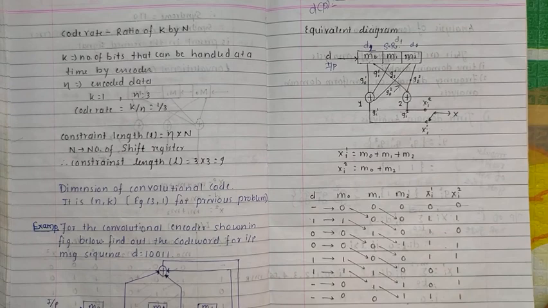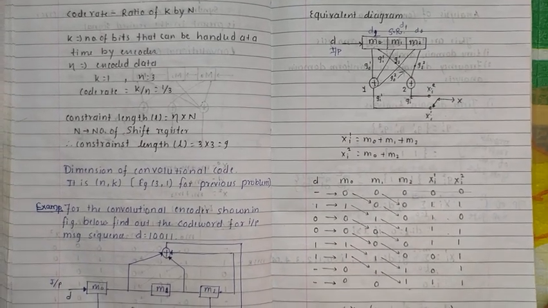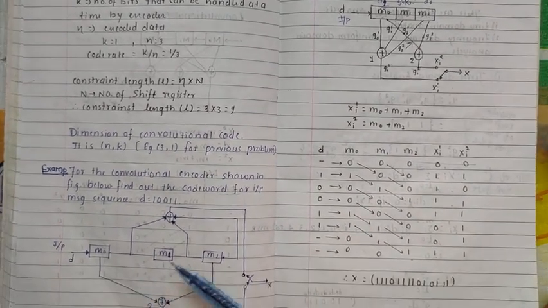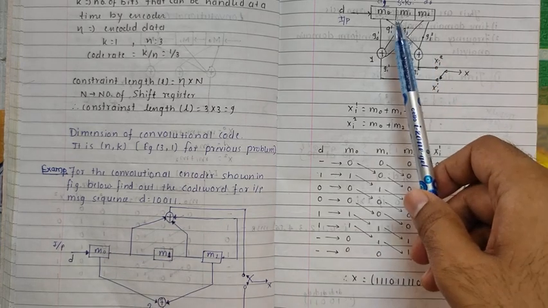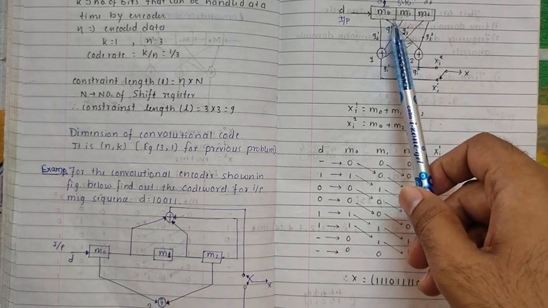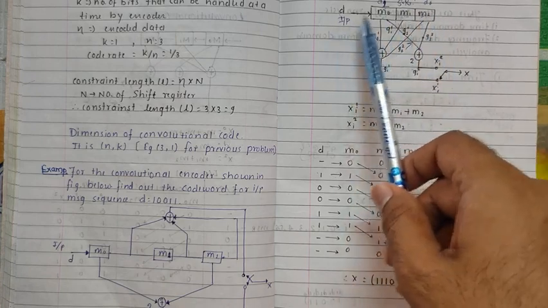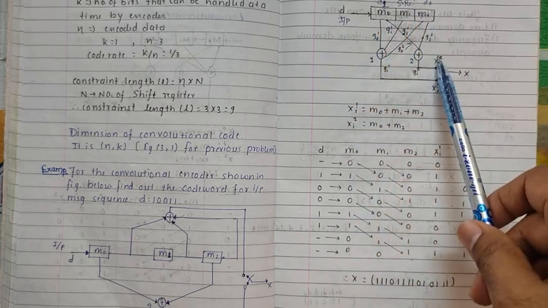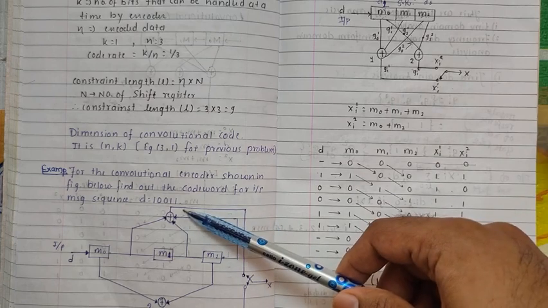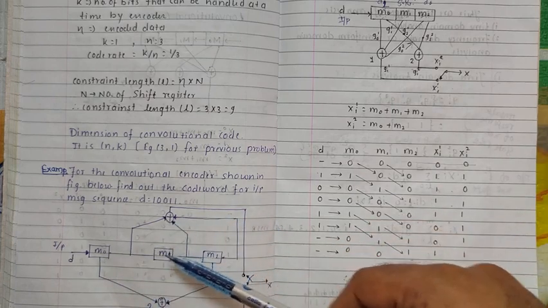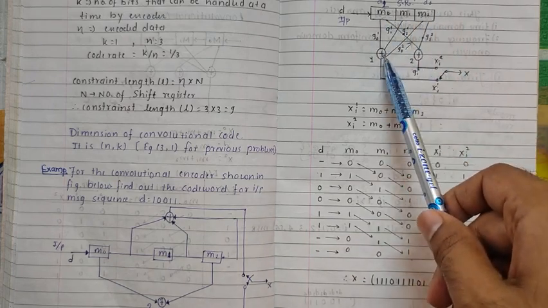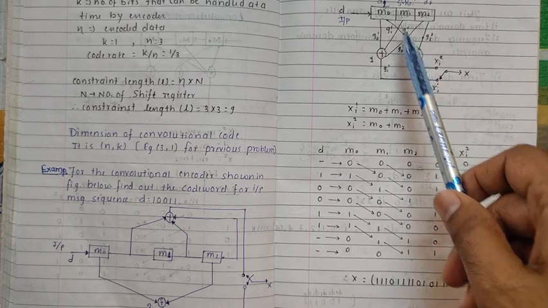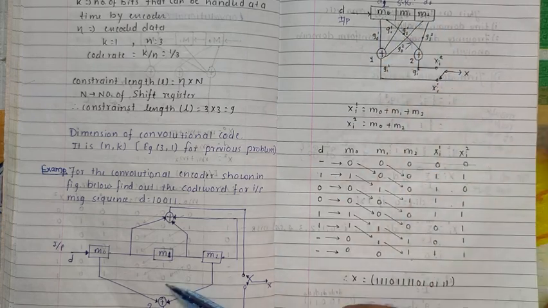Now if you see the given figure, it is composed of 3 shift registers, 2 XOR gates, 1 switch, and the input is applied to M0. Similarly, the diagram is composed of 3 shift registers M0, M1, M2. Input is applied to the first 2 XOR gates. For the first XOR gate, 3 connections are coming, the outputs of M0, M1 and M2. That's why I have connected all these 3 terminals here. And to the second XOR gate, connections are from M0 and M2.